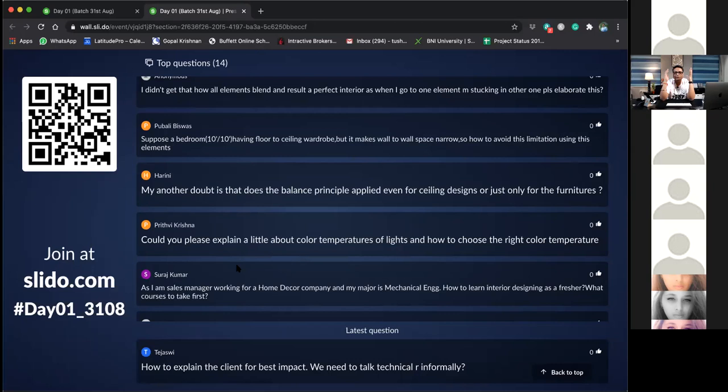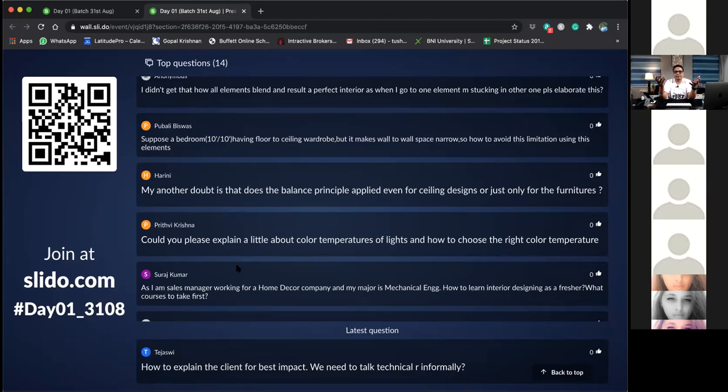Suppose, for example, you are designing a TV unit. That TV unit can be asymmetric or symmetric, depending on your layout. If you want to put your TV right in front of the sofa, and on the left-hand side you don't have a space where you can put something, but on the right side there is a space, you go ahead and put a tall unit or something of that sort in the design.